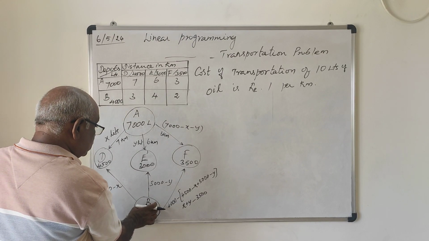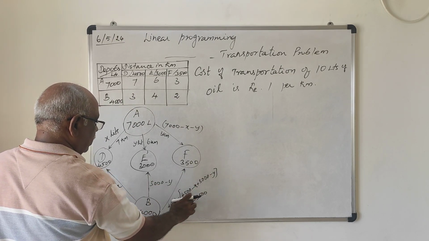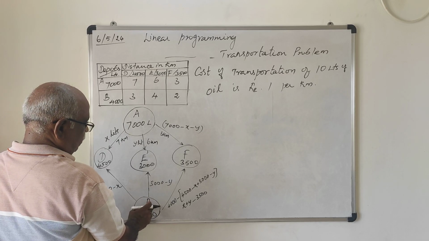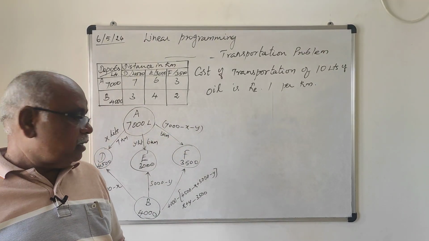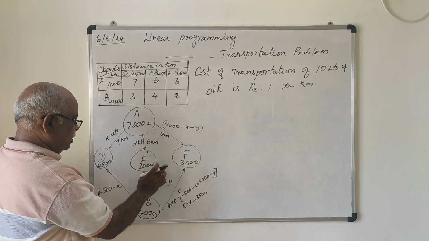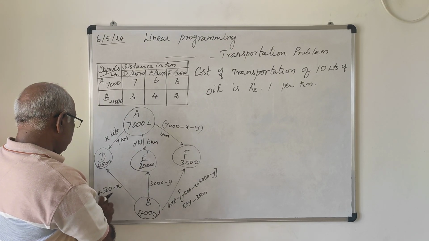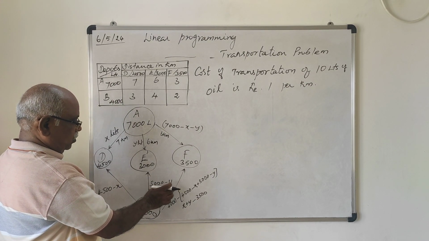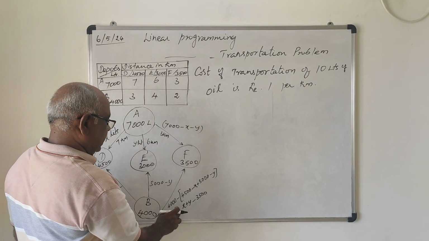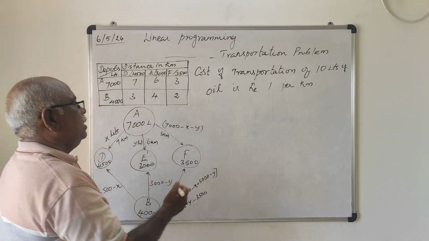Therefore, the remaining 4,000 minus of 4,500 minus X plus 3,000 minus Y, the oil is transported from the depot B to the pumping station F. The oil transported from the depot B to the pumping station F is 4,000 minus of 4,500 minus X plus 3,000 minus Y. On simplification, I will get X plus Y minus 3,500. So for this problem, the constraints are